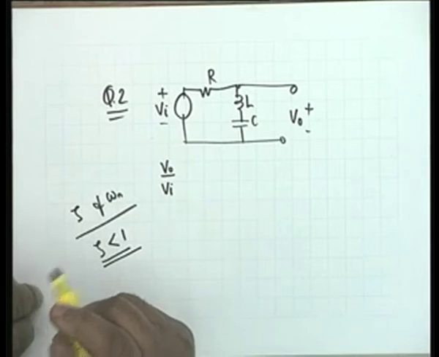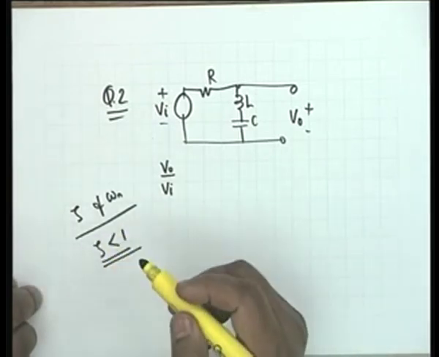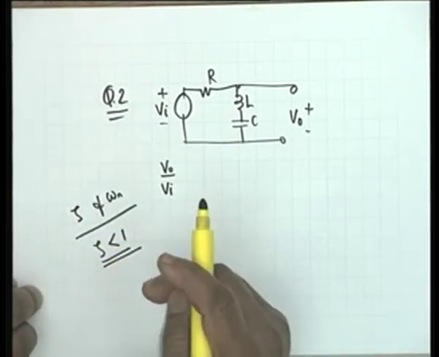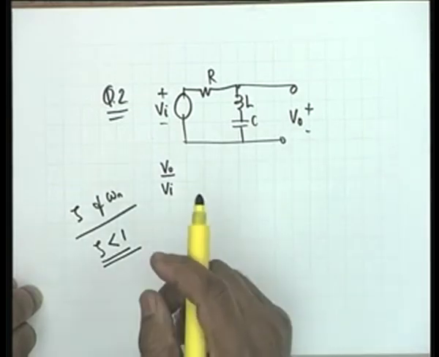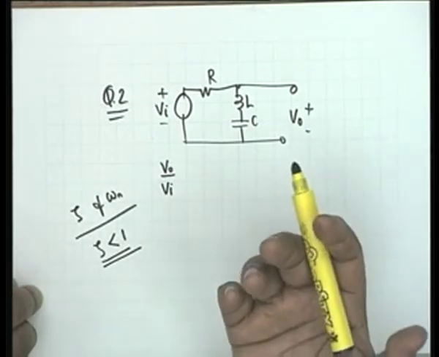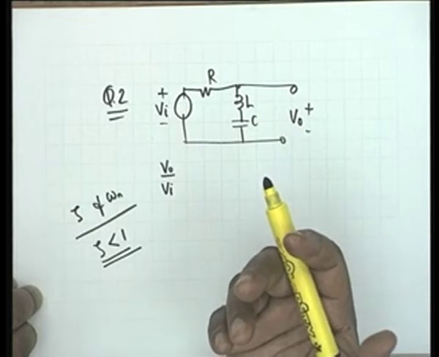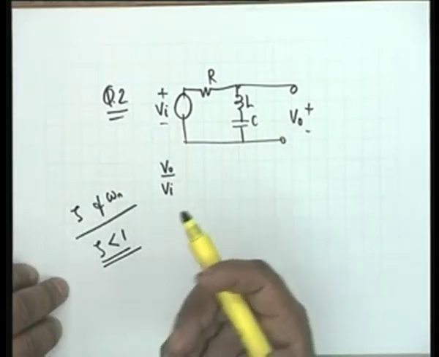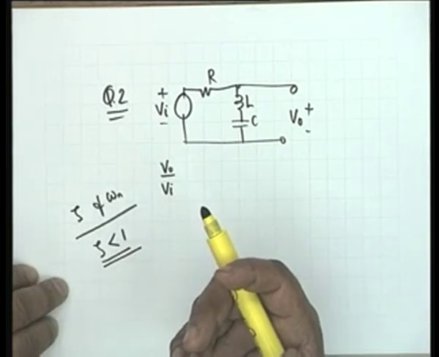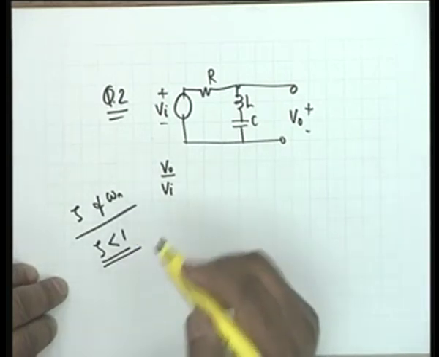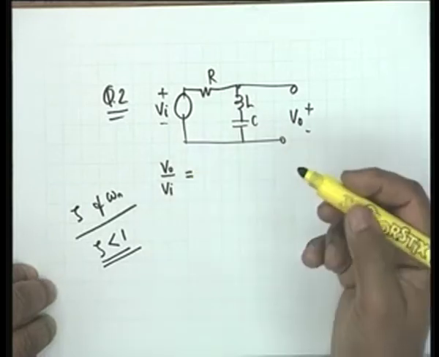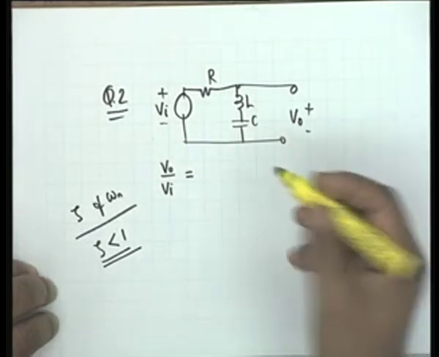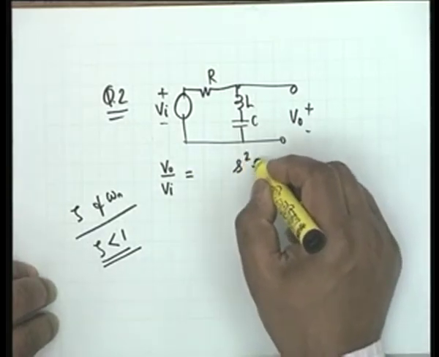There were questions in the exam hall, why is this not needed? Why is this redundant information? But okay, life is full of redundant information. You can take it or leave it. It's given, but it was not redundant here, because if zeta is not less than 1, then you would not be able to say that the poles are complex. So this is useful information, and by simple algebra, it is easy to show that the